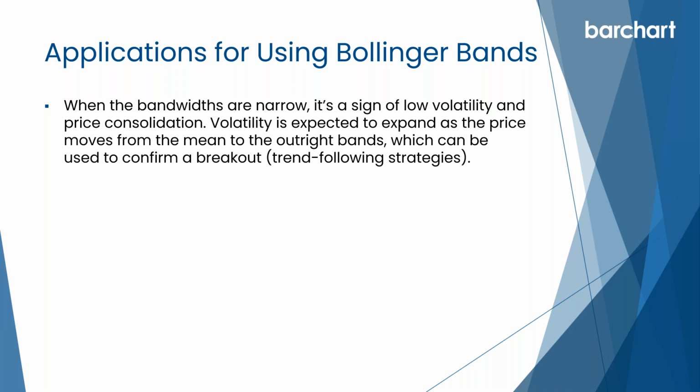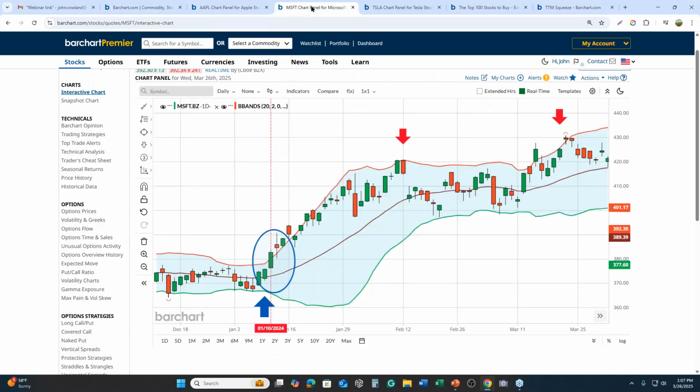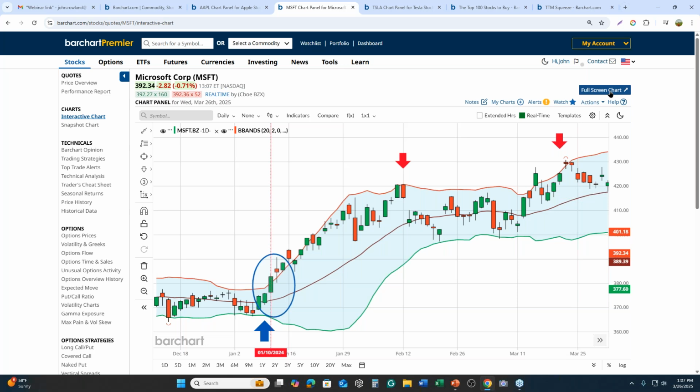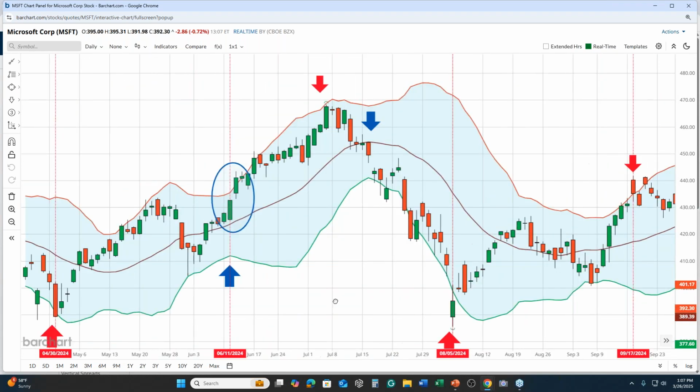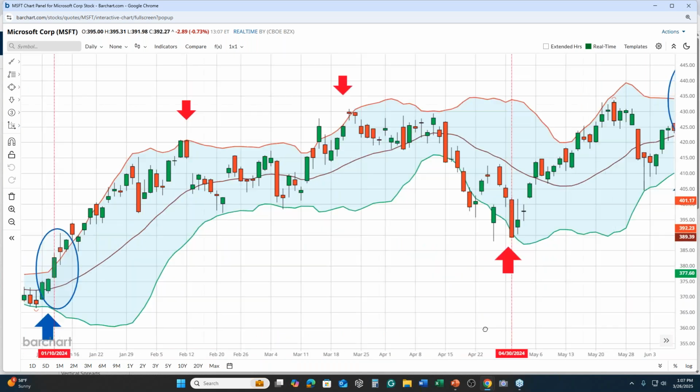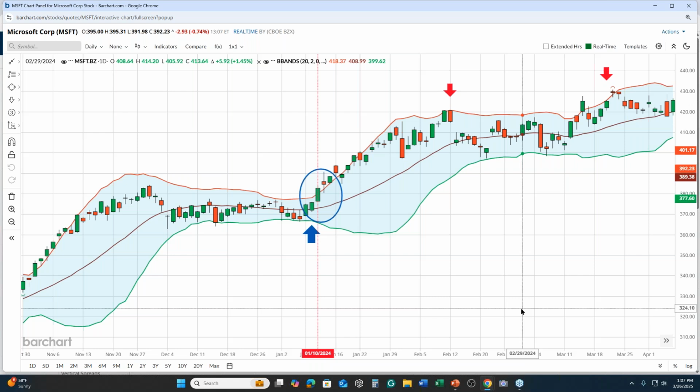So let's go back to our chart, and this is Microsoft that I showed on the opening slide. Let me break this out to a larger chart so we can play with this. All right, so let's go back in a little bit in time. And I think, here we go. All right. So here is a good example of low volatility, narrow bands, and then that potential when price breaks